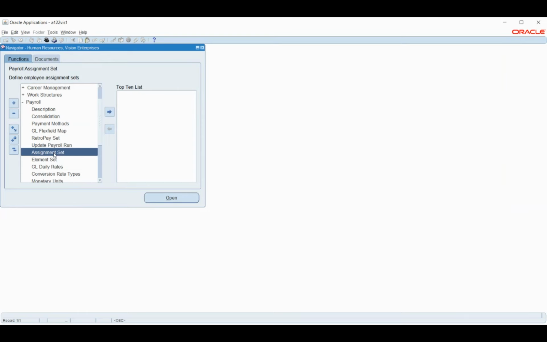So last time we saw, for an individual employee, an ad hoc payment that we wanted to release, or where probably before releasing the payment to the employee, I want to run it once internally and check whether the values are populating correctly or whether the entries need to be changed. Those cases we have seen. So today we will see how this assignment set will work, which means for a group of employees, how will we process the payroll?